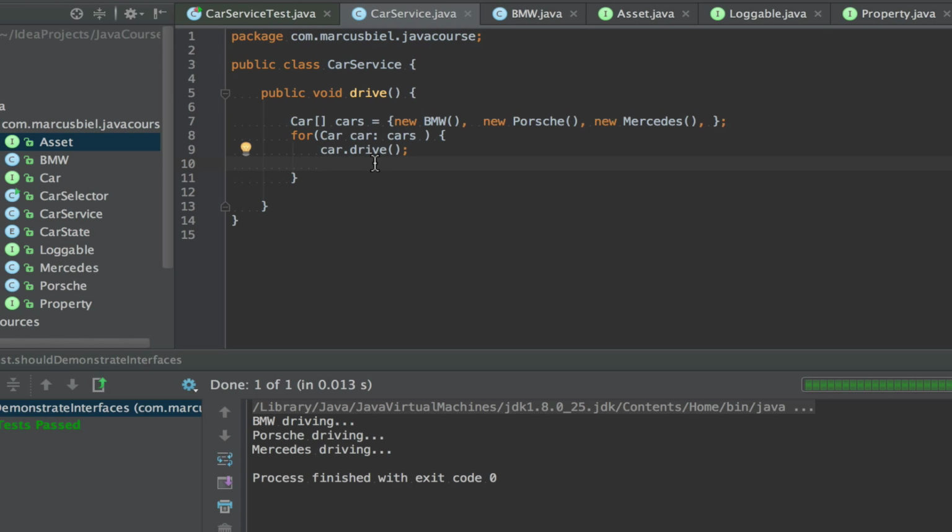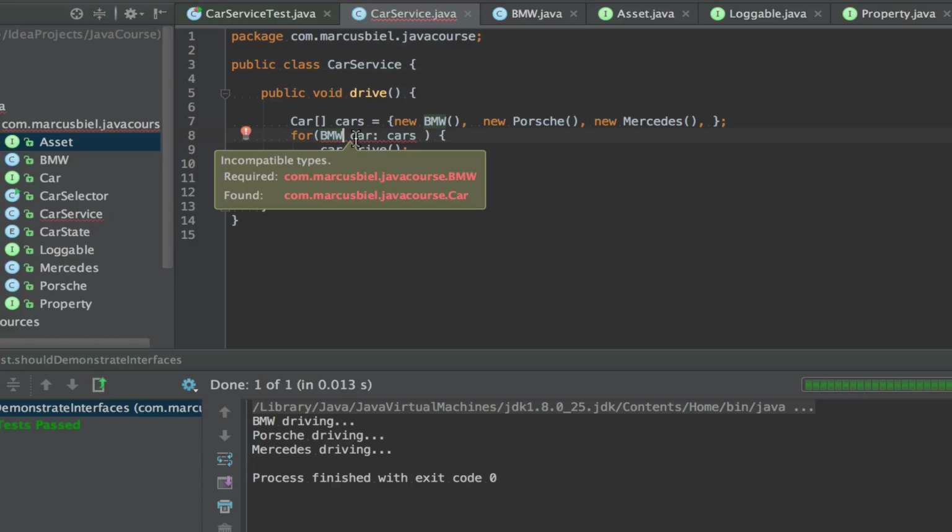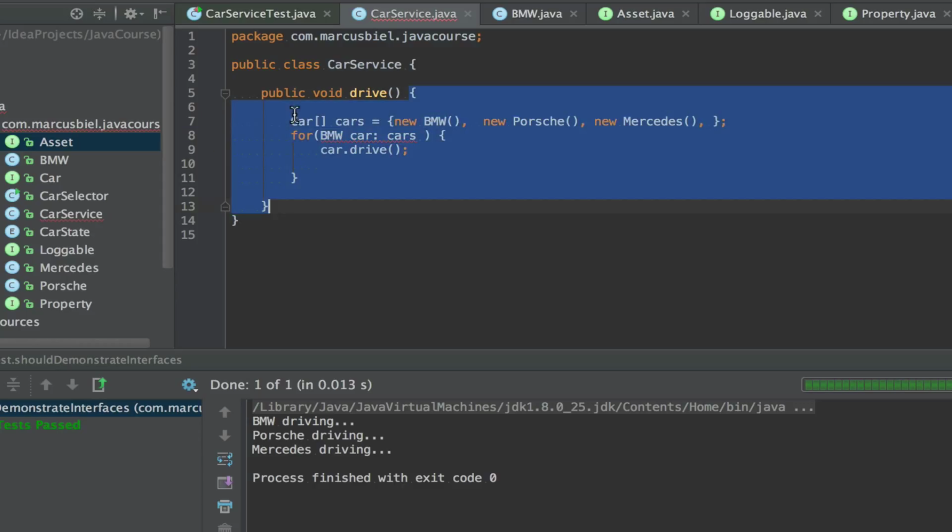Okay, so we cannot call any BMW specific method in here. I can also not say BMW because this is not compatible. We need a car, and we don't need a BMW because this array is of type car. Okay, so let me fix that.